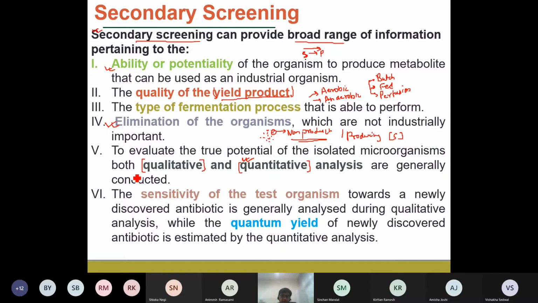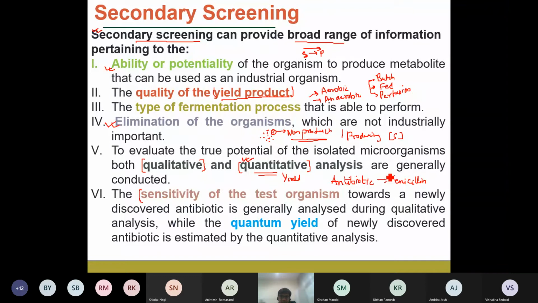We already talked about the quantitative analysis, like what is the yield, what is the conversion of the substrate to the products, and so on. Another thing is the sensitivity analysis. For example, you are producing a particular biochemical, suppose an antibiotic. In the last example we took the production of the antibiotic penicillin. Most of the antibiotics used in medicines are produced through fermentation approaches by many pharmaceutical industries.